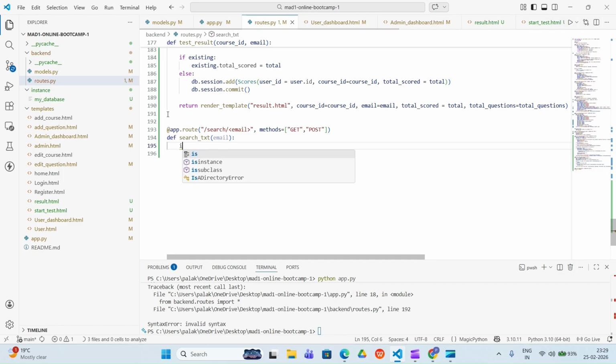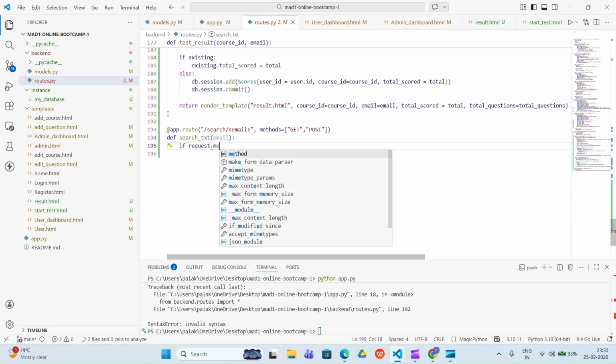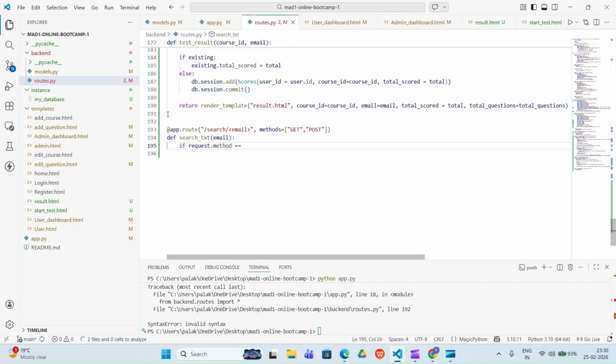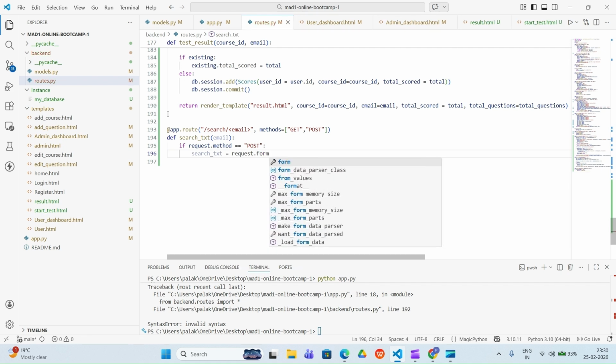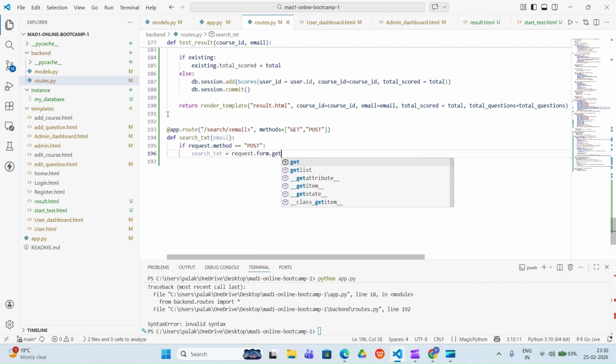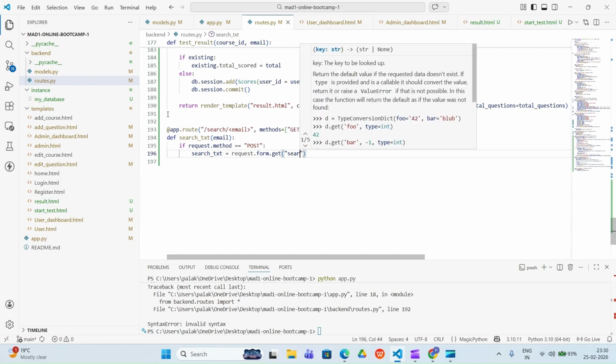The first one is if request.method is equal to POST, then what happens? As usual, we'll create one variable named search_text, which will take the request from the user. So we'll get request.form.get search from the user.